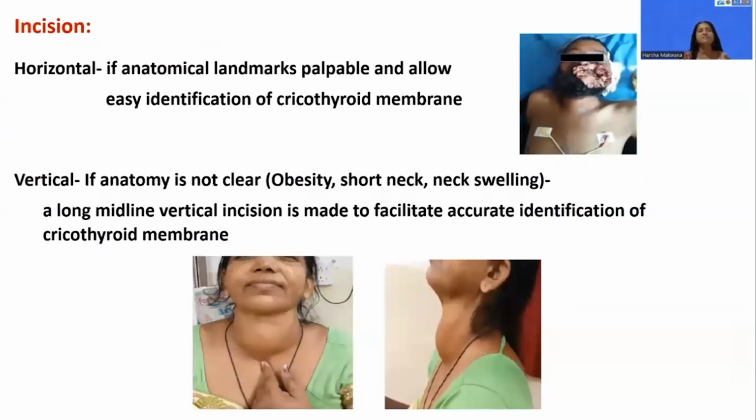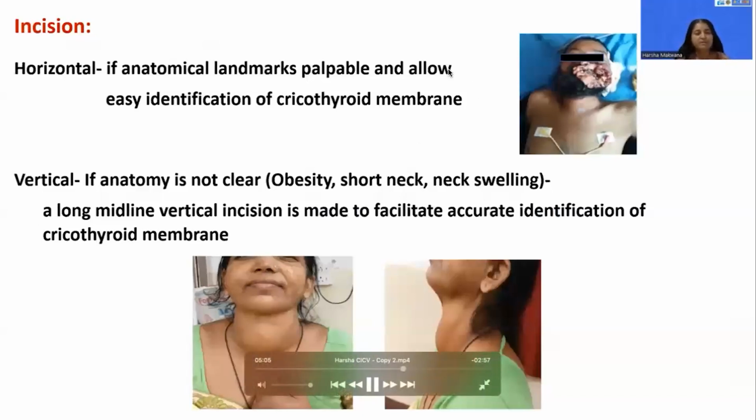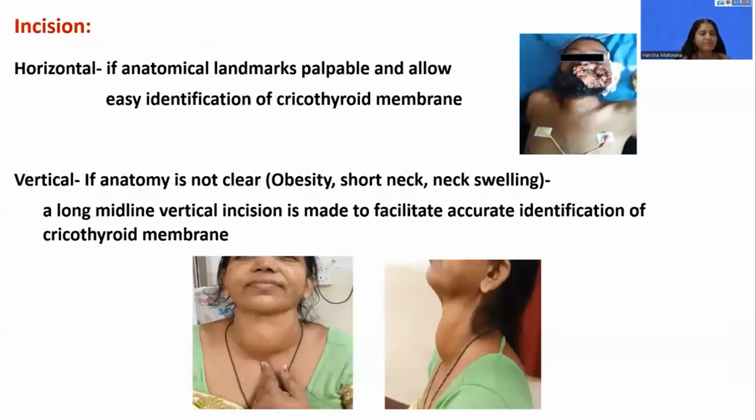Surgical cricothyroidotomy is an incisional cricothyroidotomy. So how to put the incision? Remember, there are two types, horizontal and vertical. So when will you put a horizontal and when will you put a vertical incision? There are some guidelines. See the picture. In the picture, the upper airway is disturbed. The problem is with the upper airway, but the neck anatomy is normal. So if the neck anatomy is normal and it allows easy palpation of the cricothyroid membrane, then you go for the horizontal incision. Horizontal incision has the advantage of